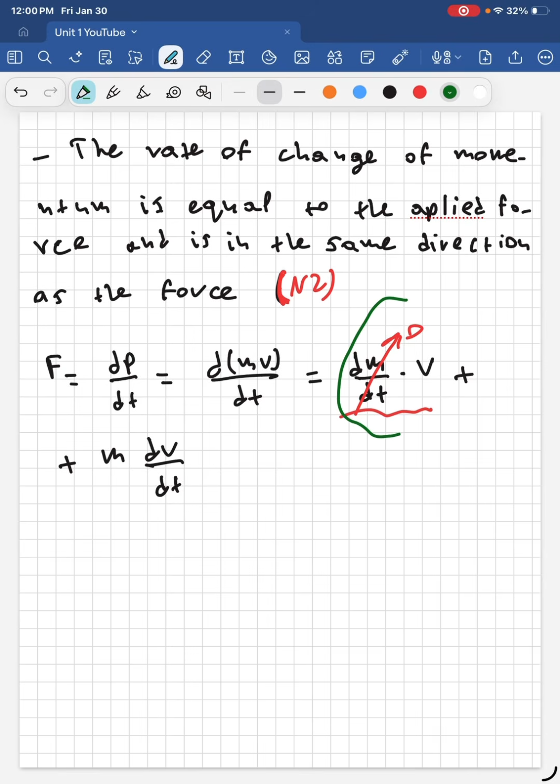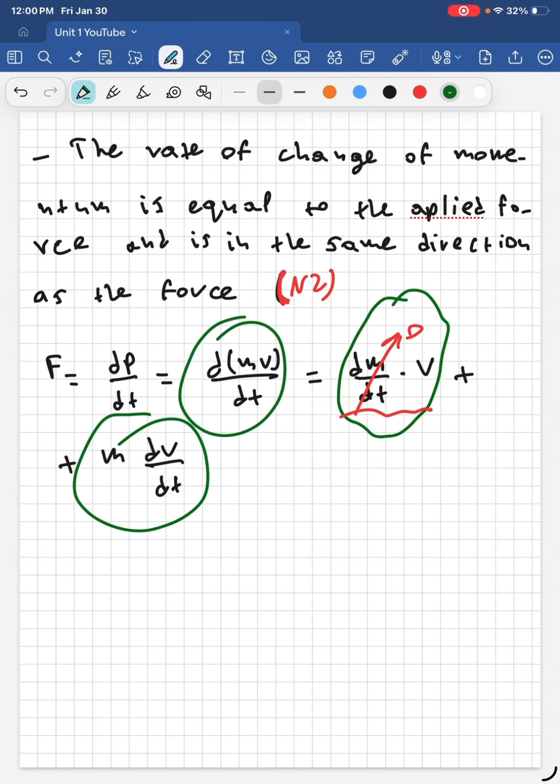But this term is needed when you deal with rockets or any kind of vehicle that loses mass as it moves. So jet engines, rockets, that kind of thing, okay? But anyway, at your age, this is enough, okay? So m times dv over dt. All right, now let's move on